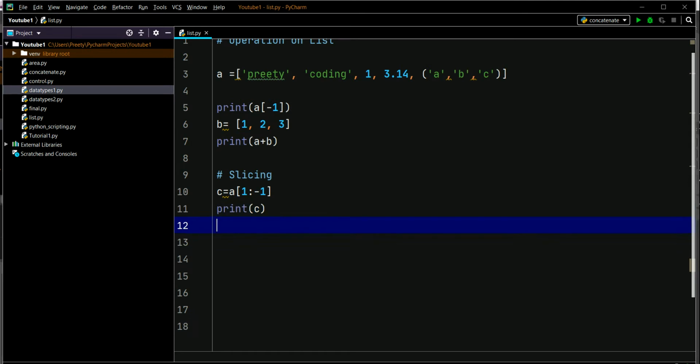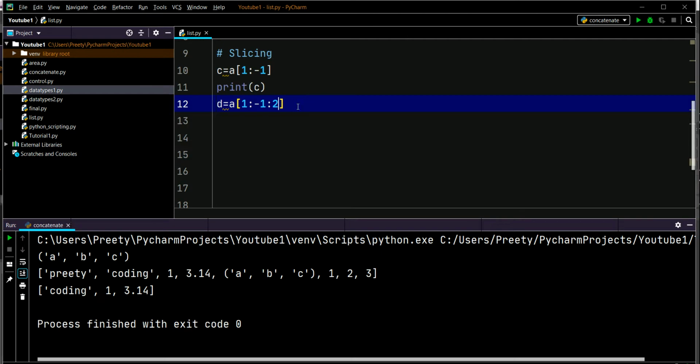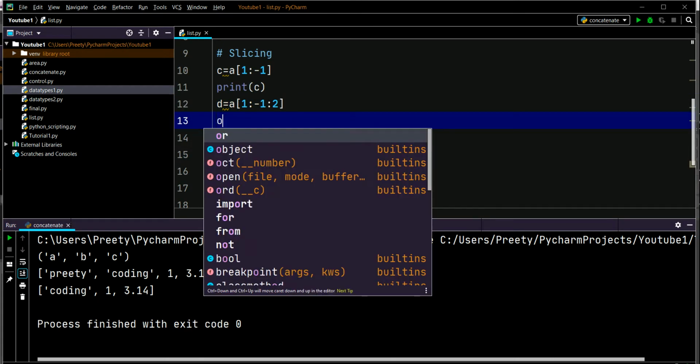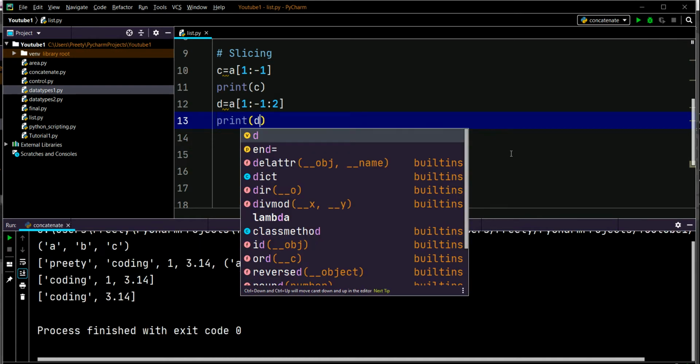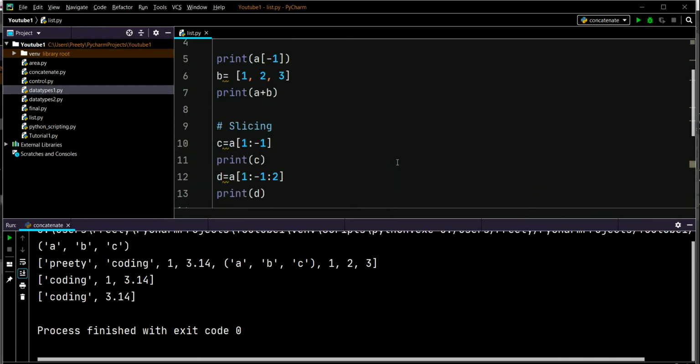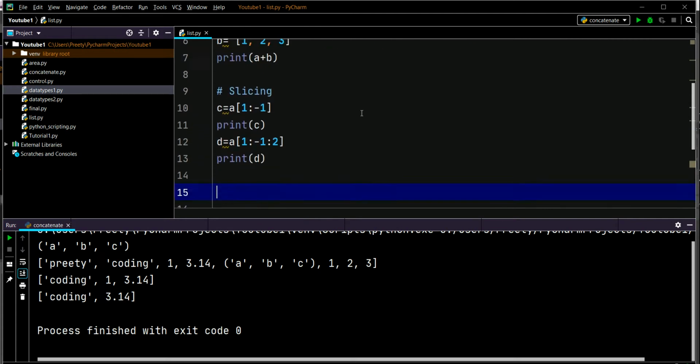I'll also show you one more thing. For example, the same thing, we'll just copy it. Now we'll just add a step value of 2 and print D. See now what it does.